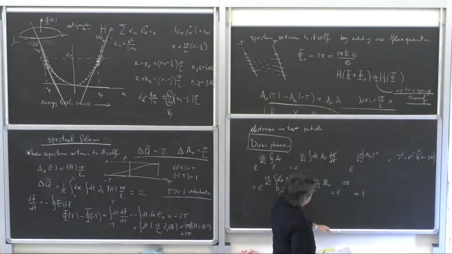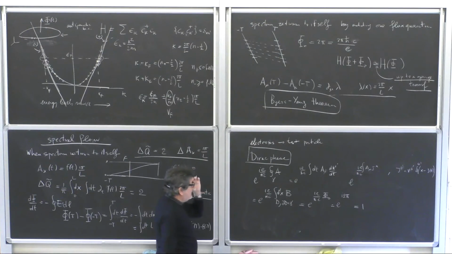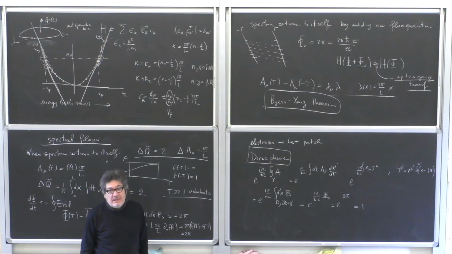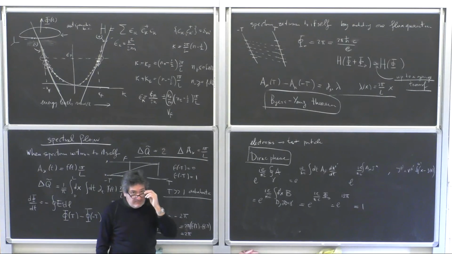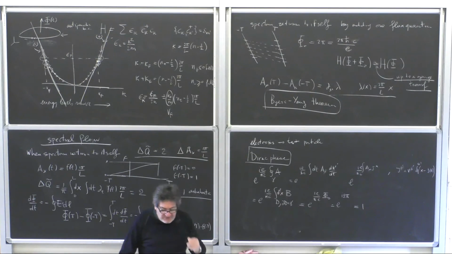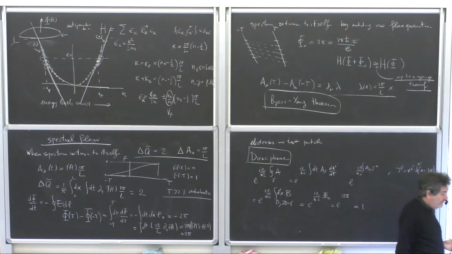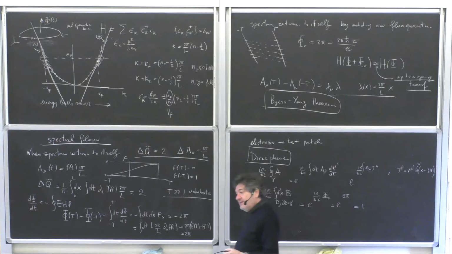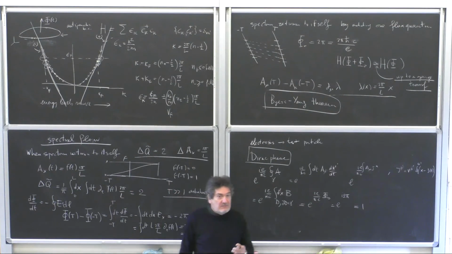You see? The effect of a flux quantum is nothing. And so you understand that the spectrum is the same, in simple terms. But in which sense is it nothing? Well, it's not totally nothing, because the spectrum goes to itself, but the particle has moved. So this is a bit strange, and we will discuss this in the next hour. So what was your question?